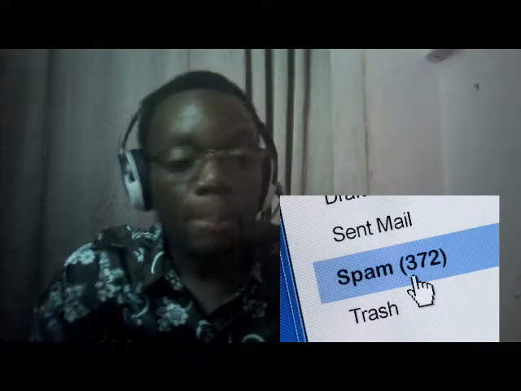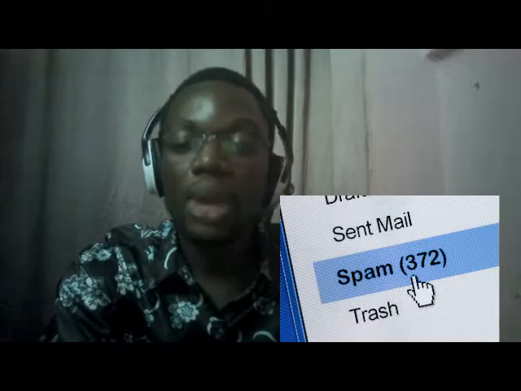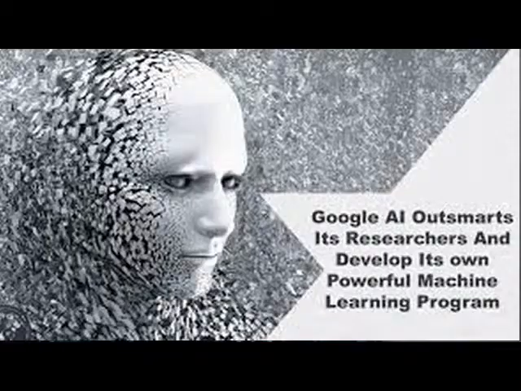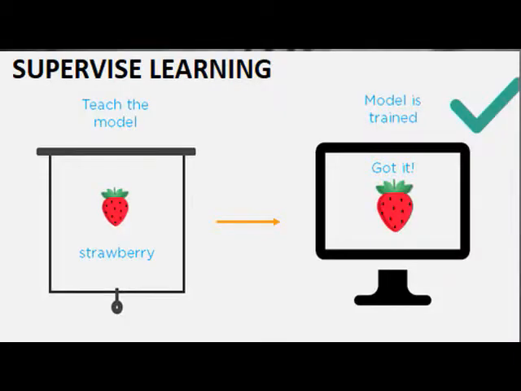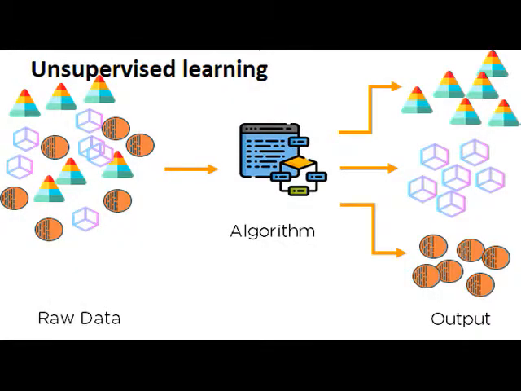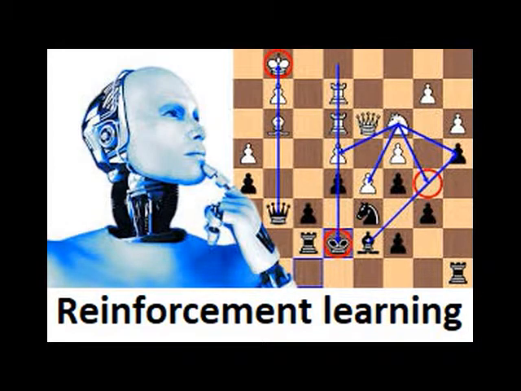Oh, and the primary aim is to allow the computer to learn automatically without human intervention. We shall eventually talk more on this. I personally believe it has a lot to offer in the future. Machine learning algorithms are often categorized as supervised, unsupervised, or reinforcement learning.